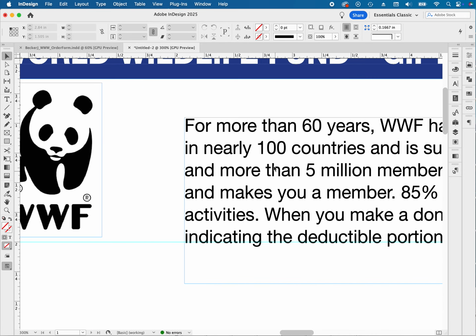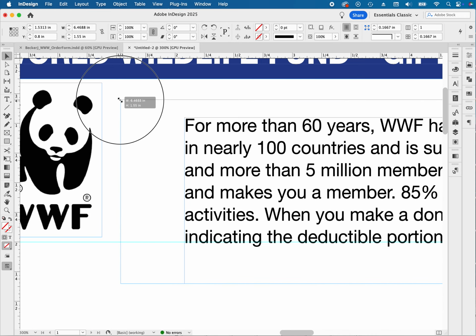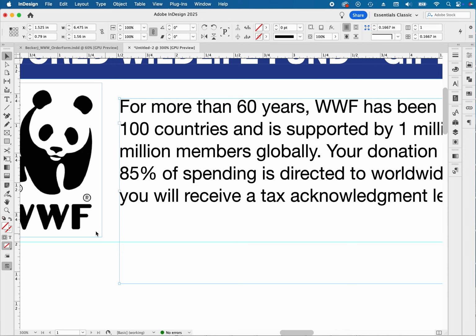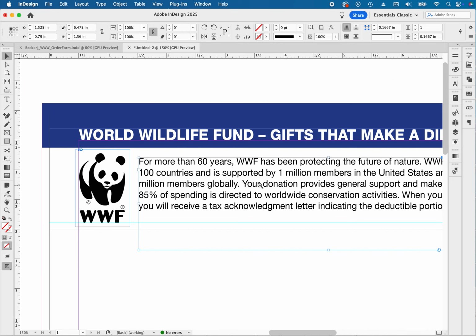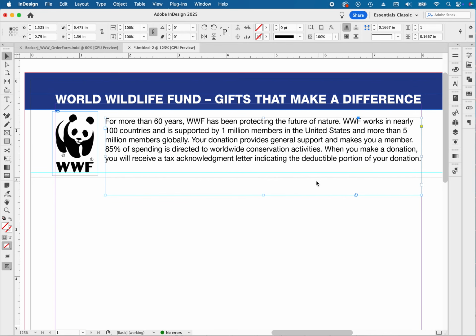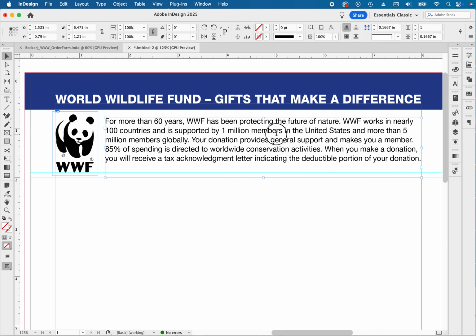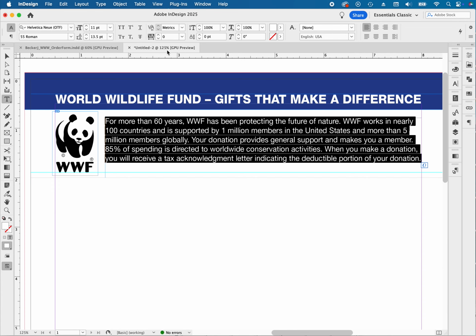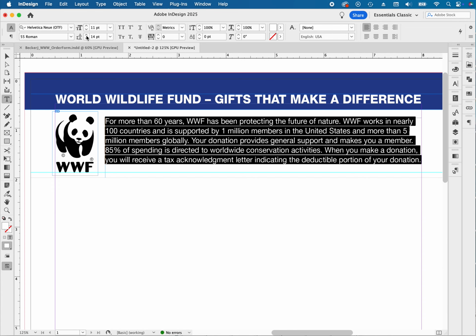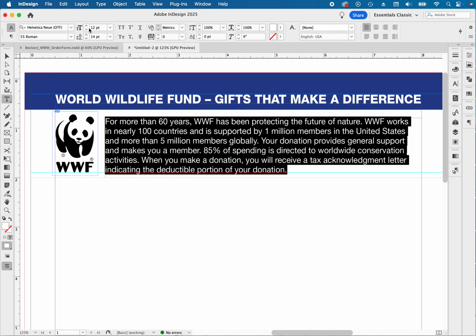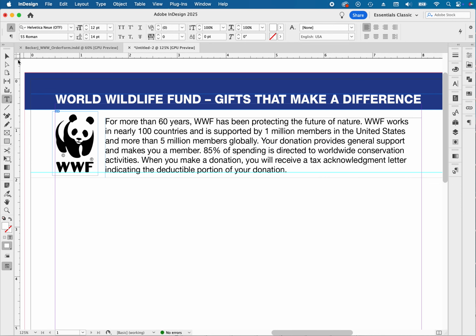All right, now this text needs to be placed in here, and I do want to make sure it does not go below the logo here with the F. So I'm going to click and drag another rule, and this is where I'm going to align the baseline of this last line. So let's go back out again. The text actually fits in here, which is kind of amazing. And I'm going to go ahead and see what it is. 11 on 13.5. Well, I can make this bigger. I can't really make the text bigger because it's going to get kind of, let's just do it and see what happens. Okay, so that can work